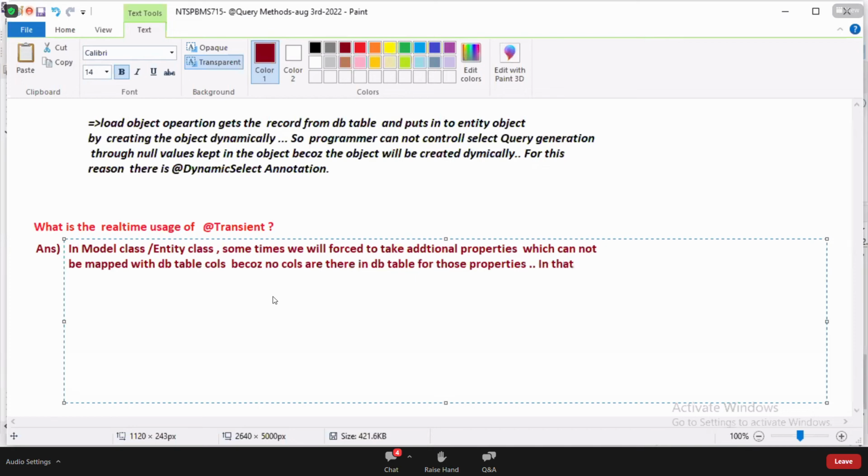In that situation, better to make such properties as transient properties.